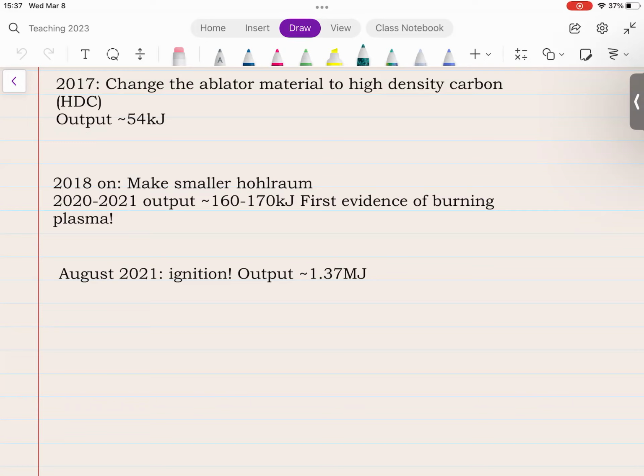In fact, since this experimental point is in a region where small changes in the experiment can cause big changes in the actual yield, the first shots that were done to replicate this shot actually had a rather lower yield and output energy, in the hundreds of kilojoules. Then with some additional small refinements, we got to the